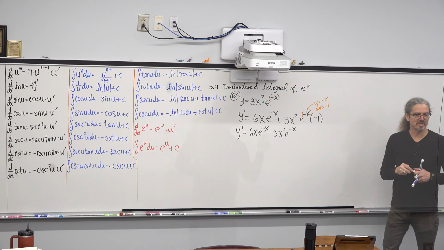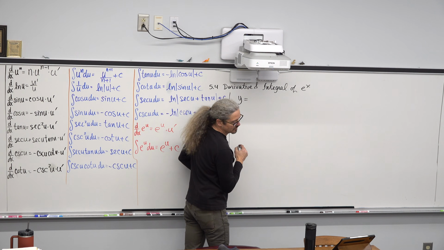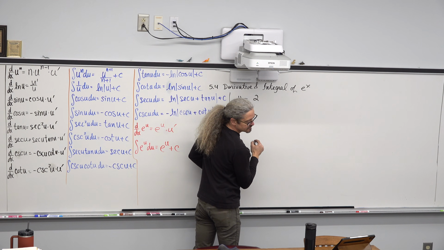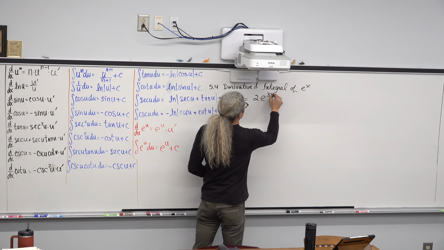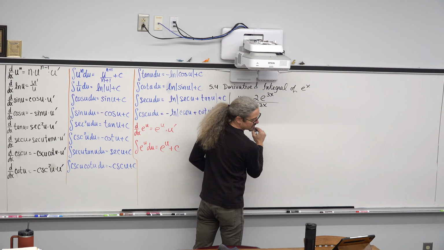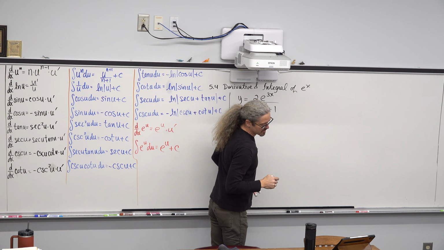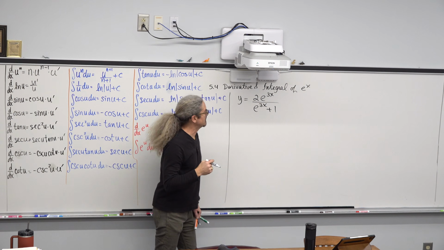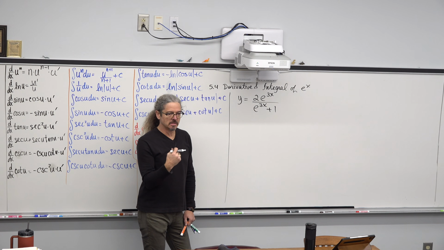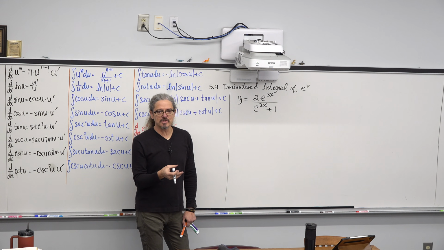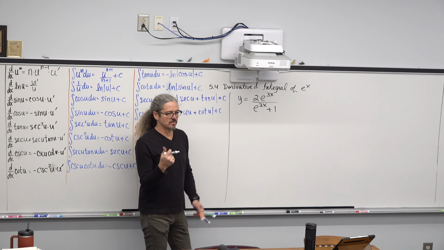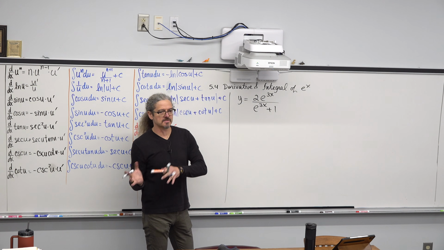Awesome. We good? Y is equal to 2 times e to the 3x over e to the 3x plus 1. And as I look at my notes, I see I did not do this, but I want to remind you that when you have a nice simple constant coefficient on your function, you may find it simpler to do derivatives and integrals if you move that constant coefficient out.